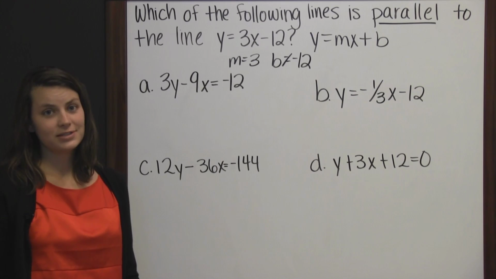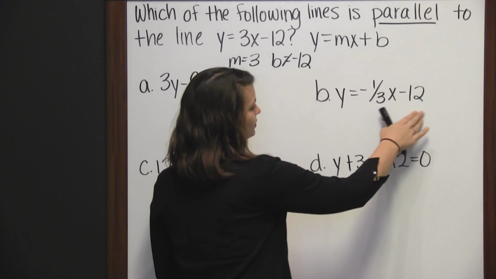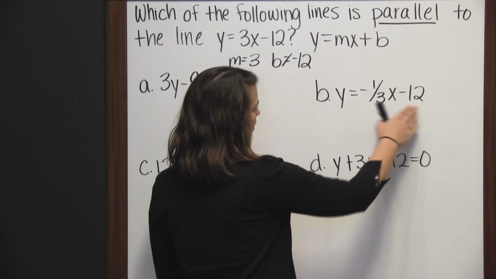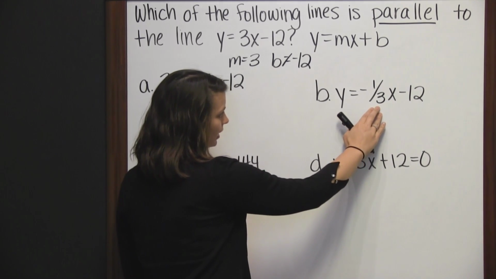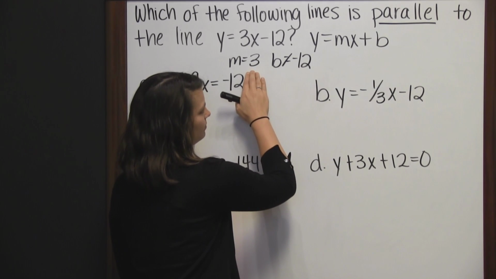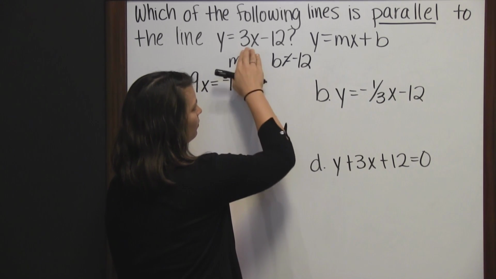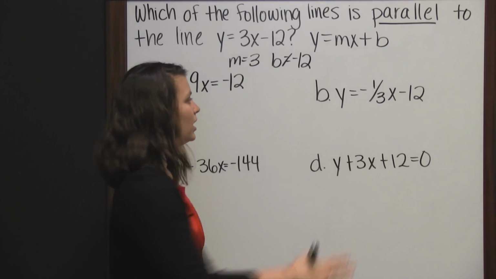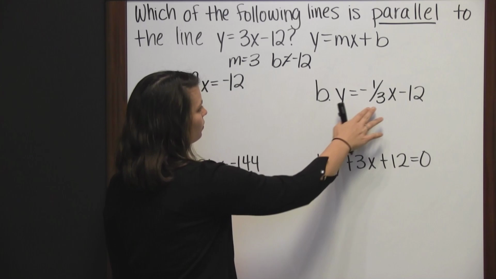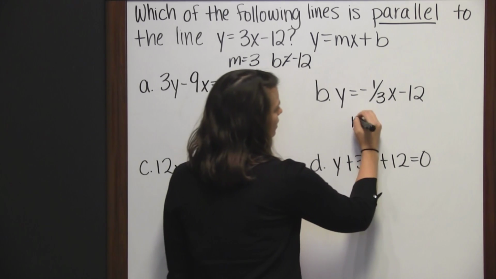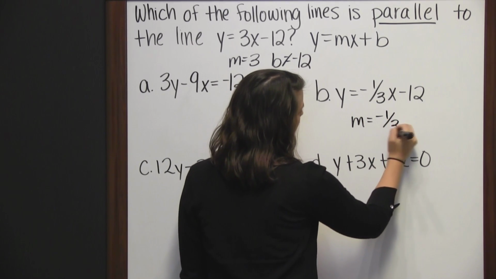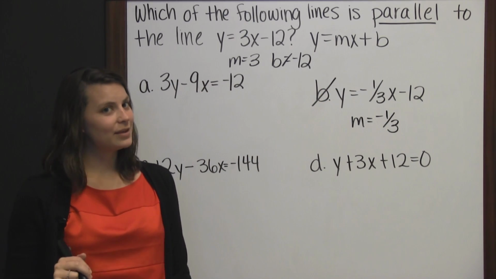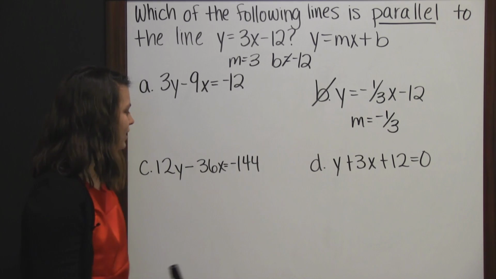Let's look at b first, because b is in slope-intercept form. Y equals mx plus b. As you can see, our m, negative 1/3, is not the same as our m from our original line. And again, m stands for slope, and our slopes have to be equal for our lines to be parallel. Since this slope is negative 1/3, it is not parallel to our line. So we've already eliminated one answer choice. Now let's look at